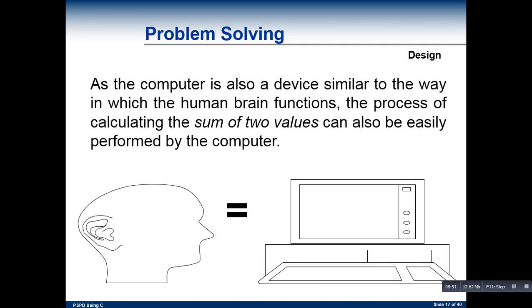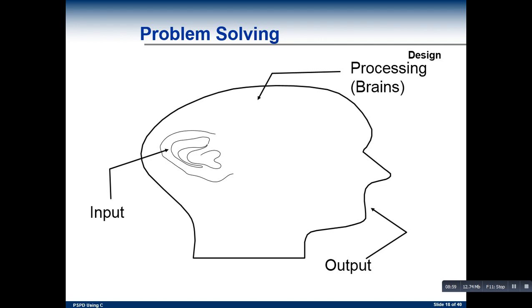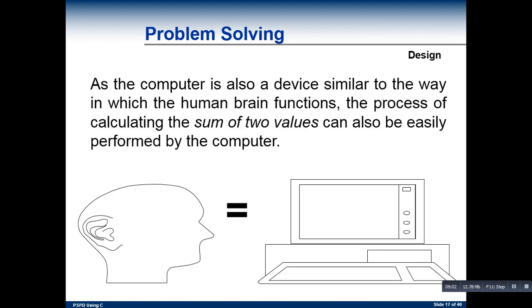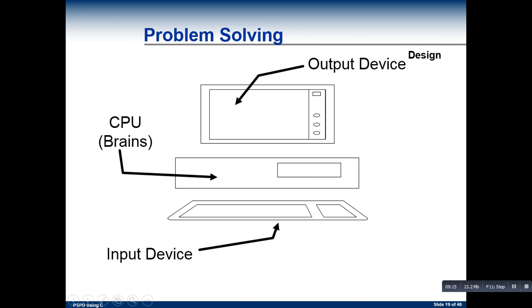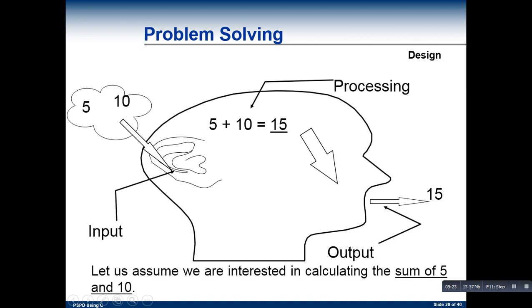Now you can see this one, human and then computer. Now this one: input, now processing, and then output. Just like that, keyboard is the input, brain or CPU is the processing, and then output. Now you can see input 5 and 10, processing plus, and the output, right? Now let's assume we are interested to calculate the sum of 5 and 10. As shown previously, the example values of 5 and 10 have been specified